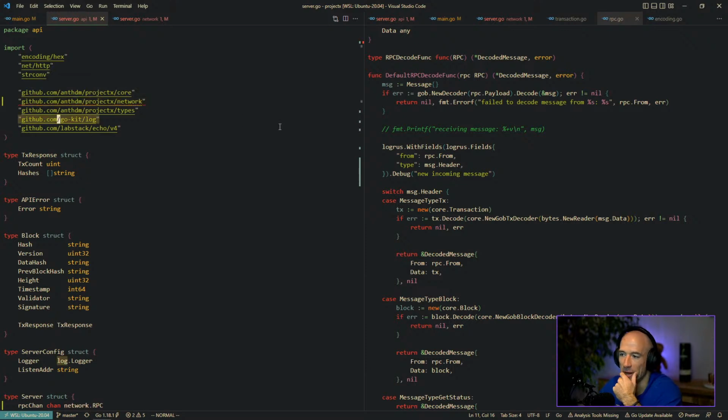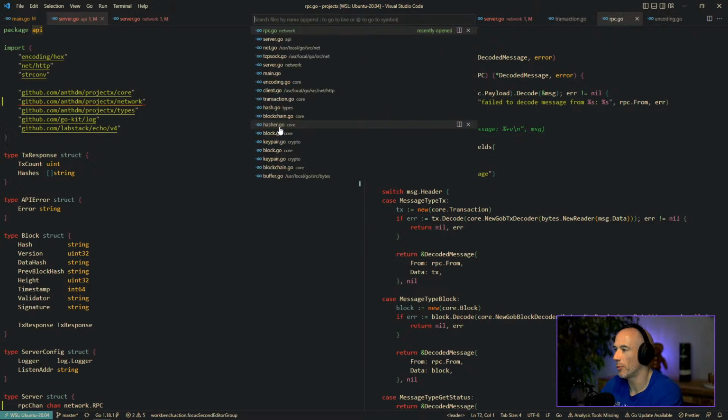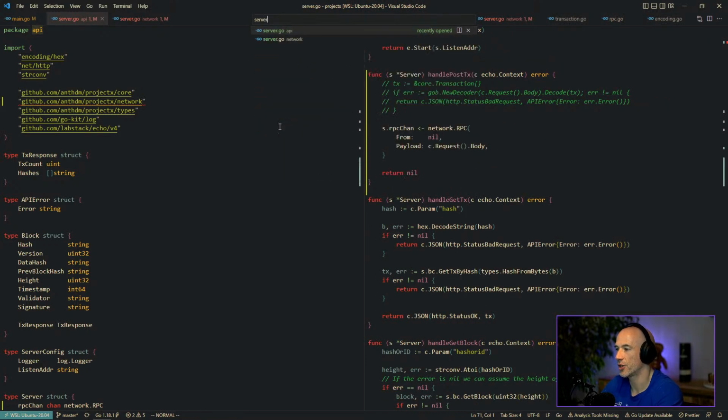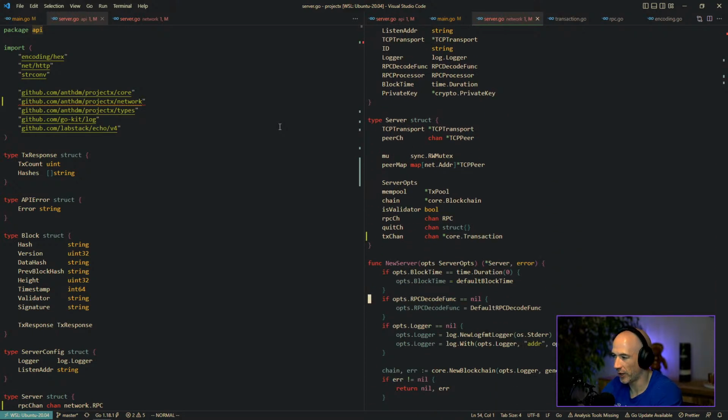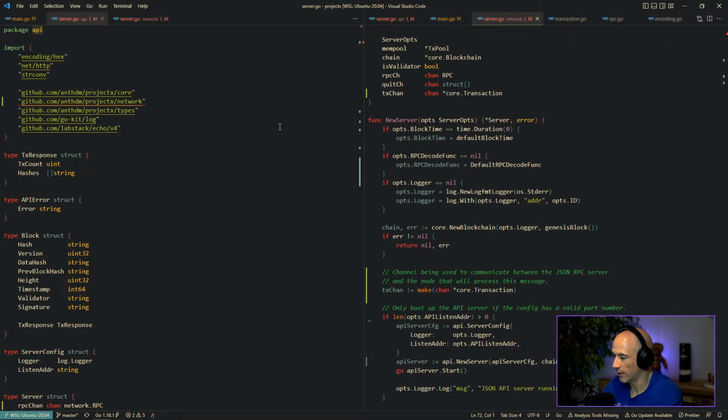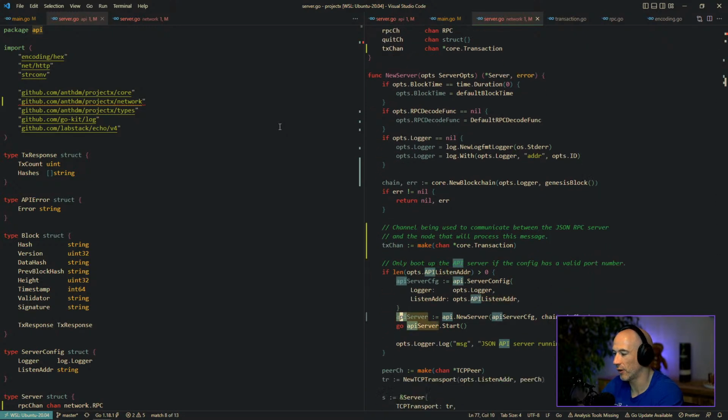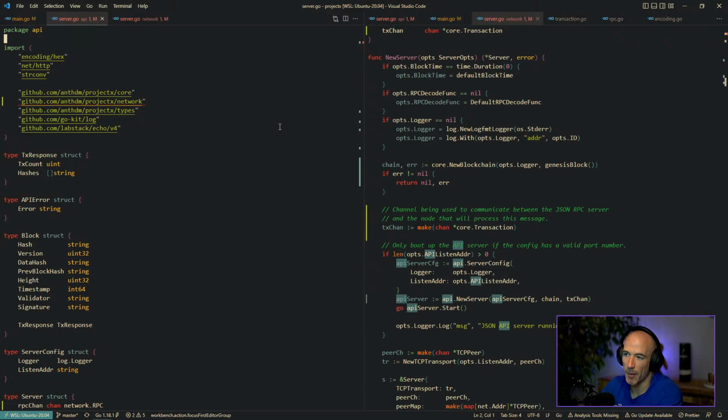Why is this? It's basically because in our network package, we are importing from API. This is package API. Let me open up server, you will see. Server, network. Yes, this is package network. And let me quickly see exactly what we are importing. API.NewServer, right? This function. We are importing that, but we are also importing network in our API package, and that's a circular dependency, and